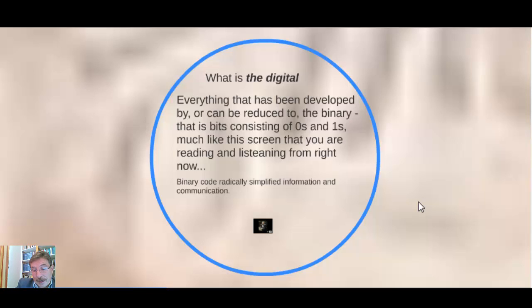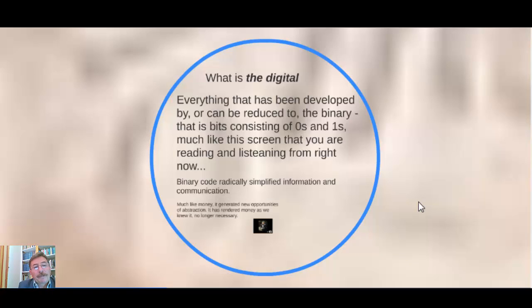And then these systems of zeros and ones to generate complex communication systems became a norm and created the basis for what we know today as the computer world, or what we're going to be calling here the digital. So the binary code radically simplified information and communication.